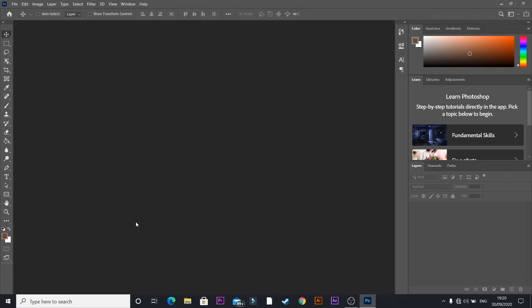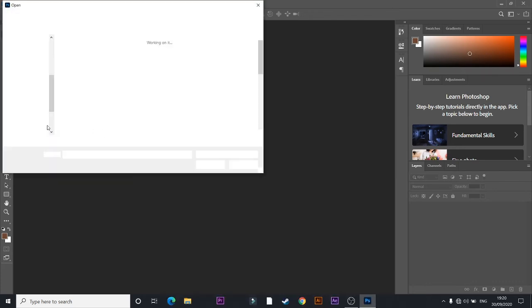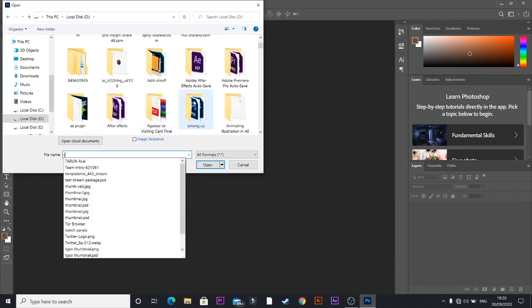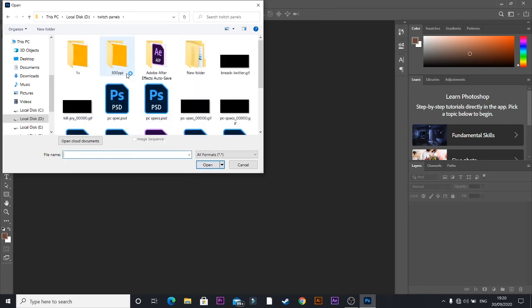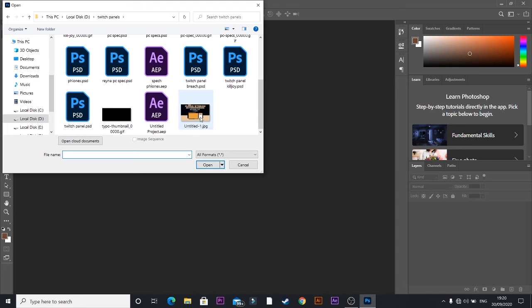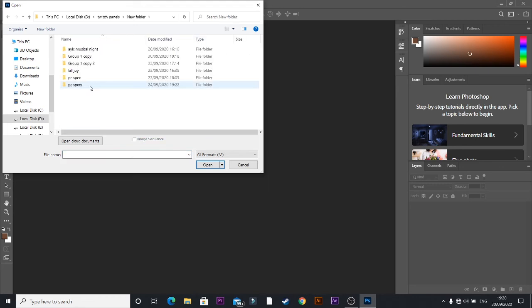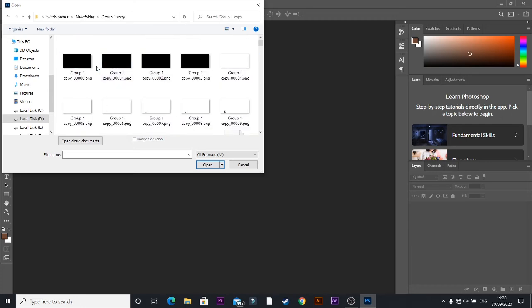Now open Photoshop, go to File, open and go to your PNG sequence.